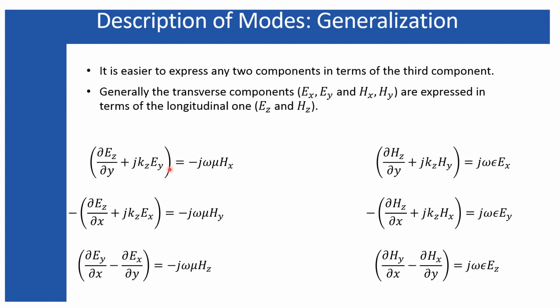However, you can see from here that the curl operations over the electric field and the magnetic field produce six equations, and it will be difficult to handle these six equations, but there are ways to reduce them into four equations. The way is that if you represent the x and y components of both the electric and magnetic field in terms of the longitudinal components, that means Ez and Hz, then we can reduce these six equations into four equations.